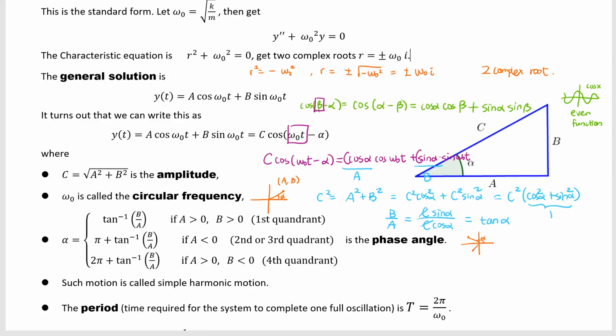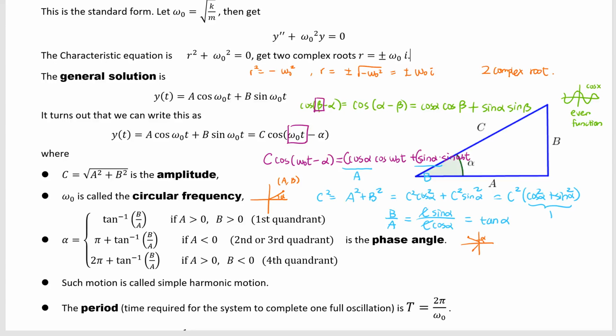Okay, so when you apply arctangent, you only get the angle between minus pi over 2 to pi over 2. So you need to add a pi to it to make it into the second or the third quadrant. Okay, so that's why if the point is in the second and third quadrant, it means your A is like